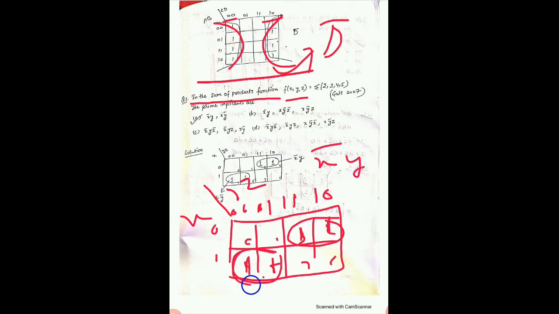Okay, 2 is here, then we write 1 here. 3 is here, then we write 1 here. 4, you write 1 here, and 5 here. Now you have to see the prime implicant. Prime implicants means grouping. Then we group this one in this fashion only and this one in this fashion. Then we can see the algebraic expression of this. Corresponding to this, 0 is there, then we write x bar, and in the top we can see 1 is common, then we write y. So one prime implicant is x bar y.